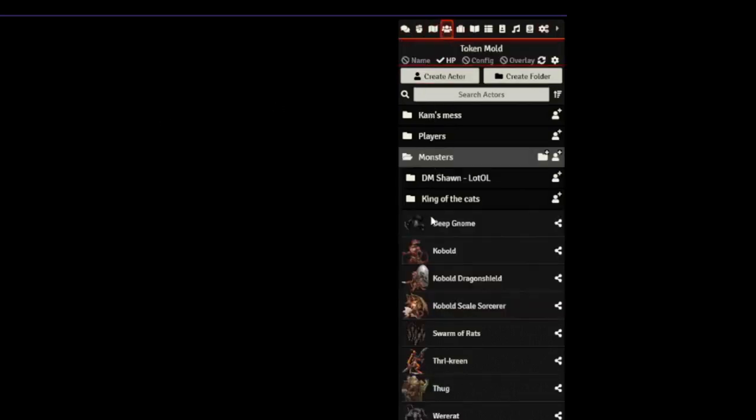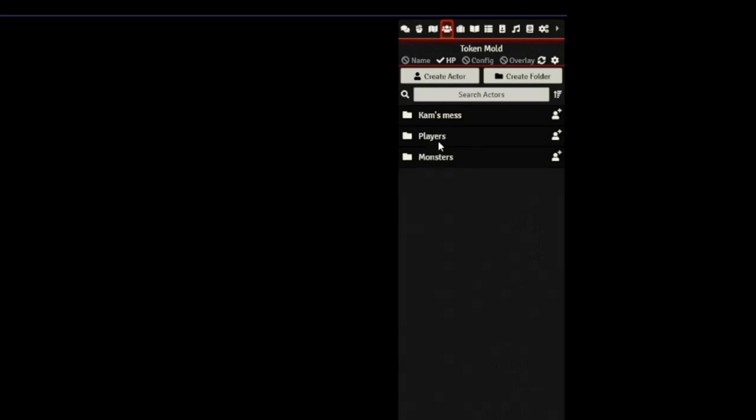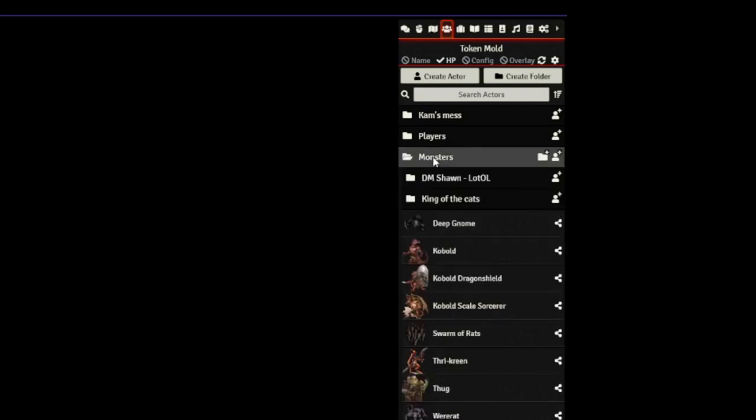You have the actors tab, but you'll see more stuff in here. Again, we've got it broken down between players and monsters. What I would recommend is, we have some loose ones in here, but if you're going to run an adventure and you're prepping it, just make a new folder for it. You can put your name and the name of the adventure, or just the name of the adventure, and then keep the NPCs and monsters that you're going to be using in that subfolder, just to keep it organized easier. We're going to want to clean this out every once in a while,